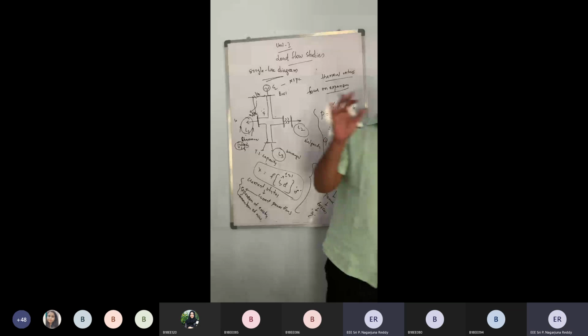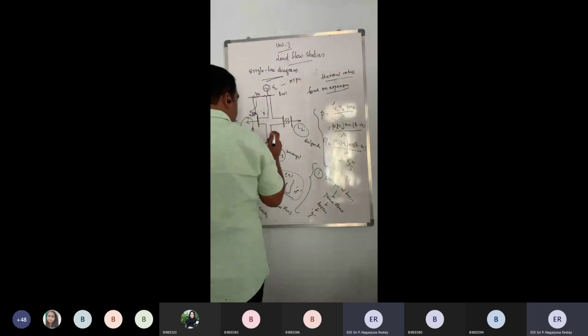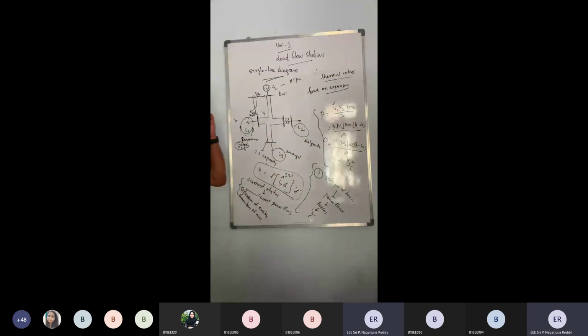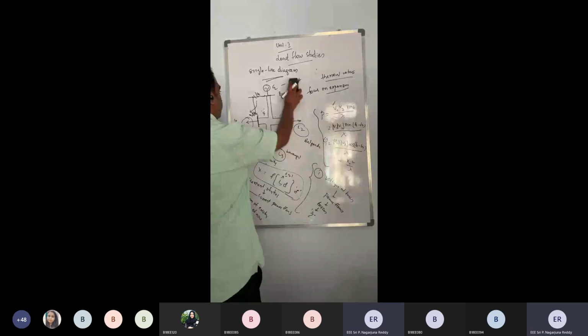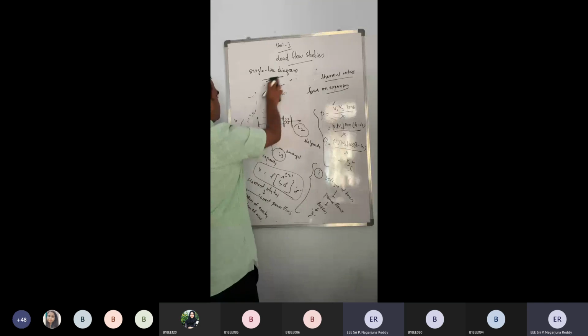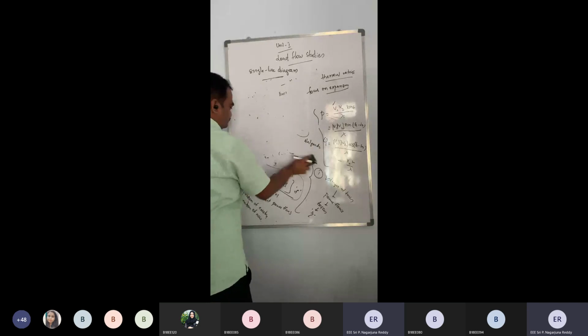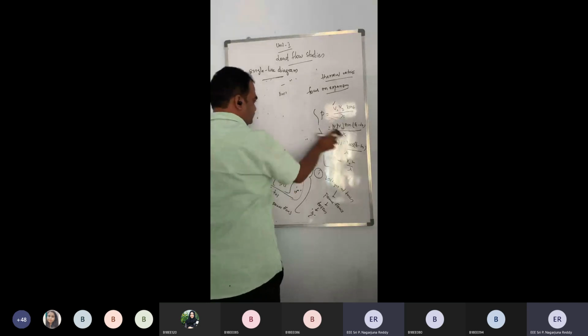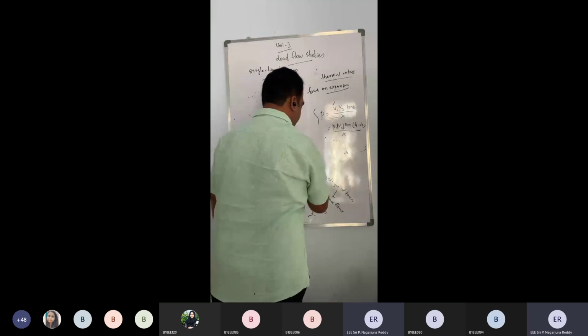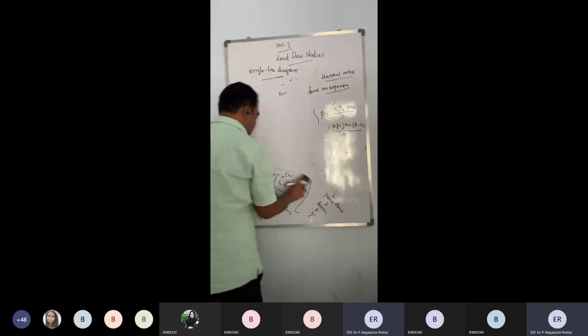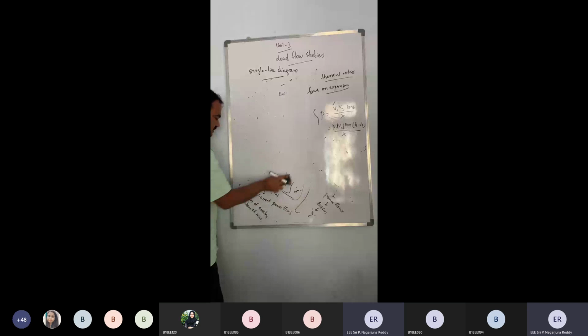So, what have we learned so far? The first one is, what is a single line diagram? A single line diagram is just a simple representation of the power system, where we understand the physical interpretation of a power system. Generally, what can we say about a single line diagram? It is a simple physical representation of the power system.